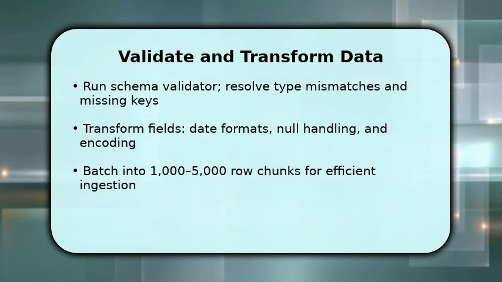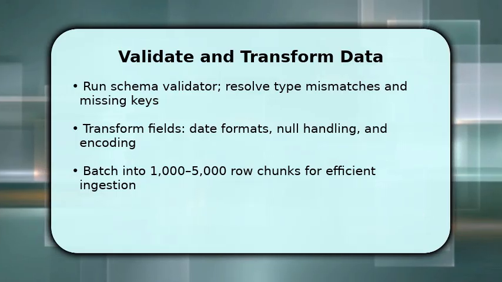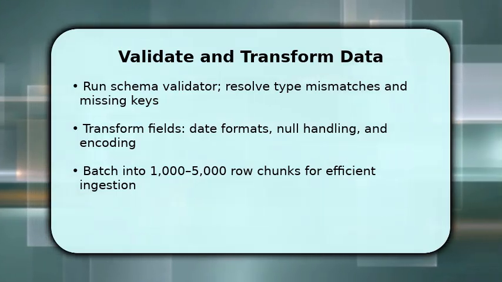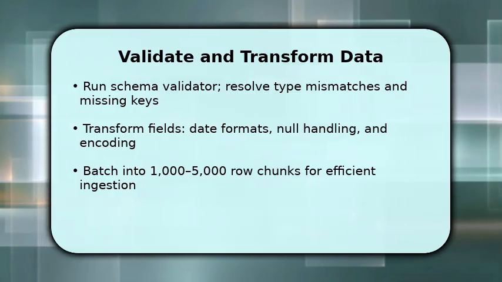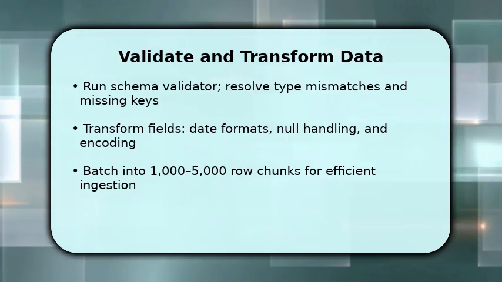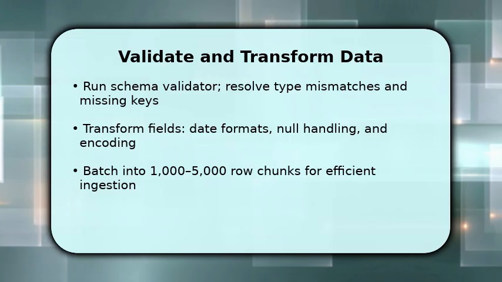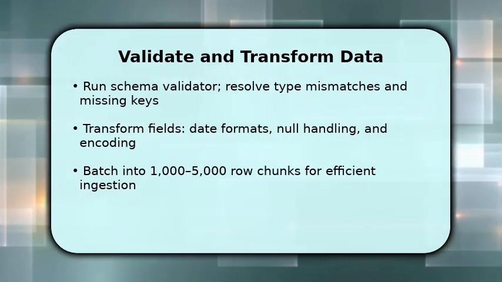Once authenticated, validate the payload against the store schema and fix type mismatches or missing keys to prevent partial imports. You should transform dates, normalize encodings, and replace nulls with defaults so records are consistent. This reduces downstream errors. Then split large files into manageable batches of 1,000 to 5,000 rows to keep ingestion atomic